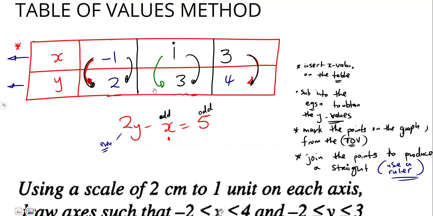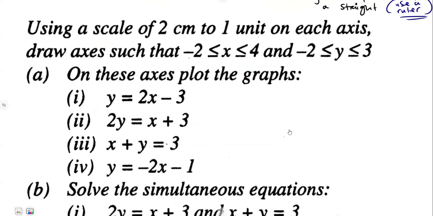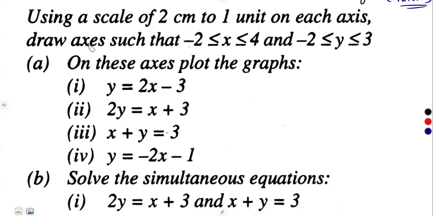And like I said, we are going to have an introduction of other methods on how to draw or to plot the straight lines. So this is what we are given. Without wasting your time, let us quickly have this. Using a scale of 2 centimeters to represent 1 unit on each axis, all right? Meaning to say on both axes, draw axes such that